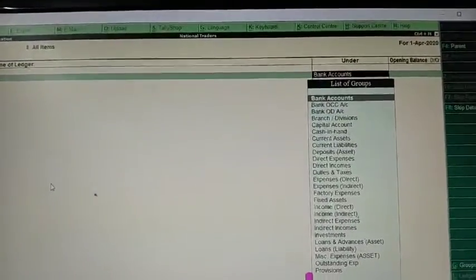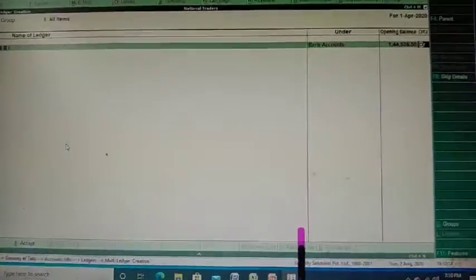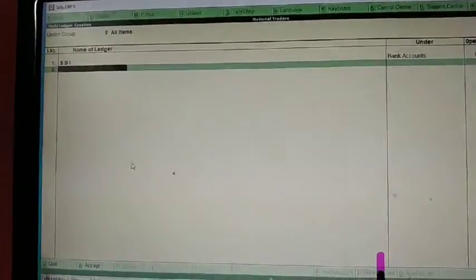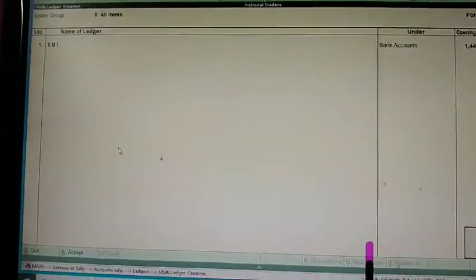You have to select bank account and opening balance, if any, you can give any amount and enter. It will show debit or credit balance and give enter. You can go on creating, then you have to accept.